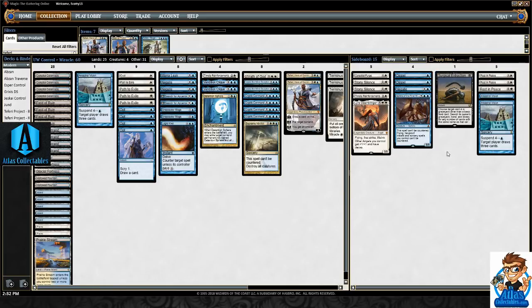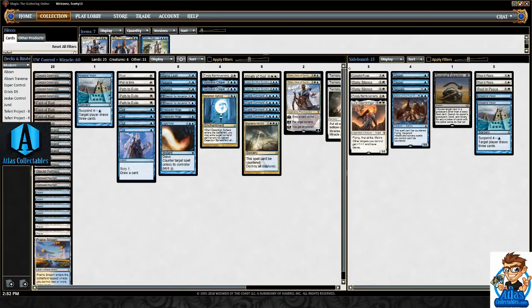Surgical Extraction mainly for the matchups like Tron or Valakut, where you could get the combo, Field of Ruin their tower or Valakut, surgical it, and take control of the game from there. Sphinx was an addition of my own